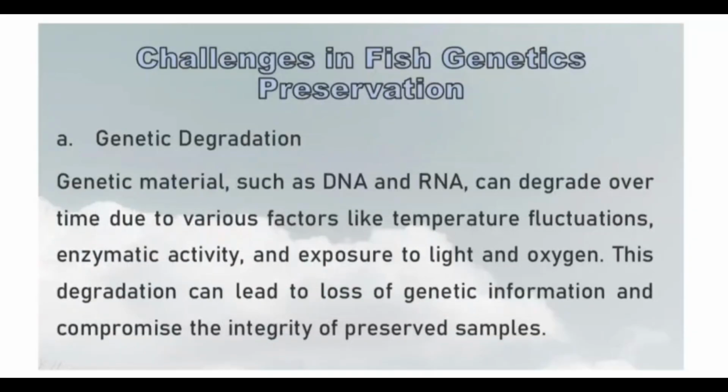Six challenges in fish genetic preservation. The first one is genetic degradation, which refers to the process by which genetic material such as DNA and RNA undergoes deterioration over time. This degradation occurs due to several factors including fluctuation in temperature, enzymatic activity, and exposure to light